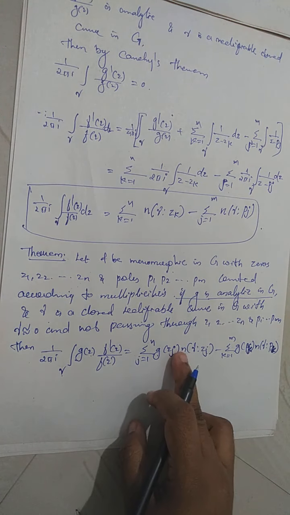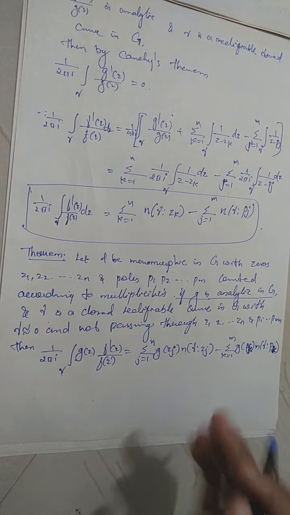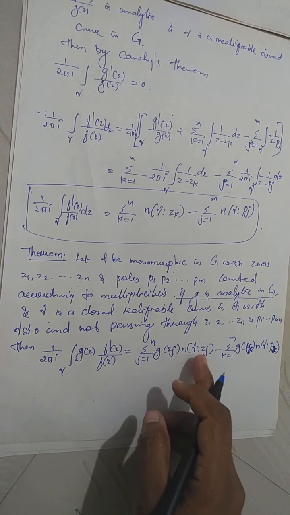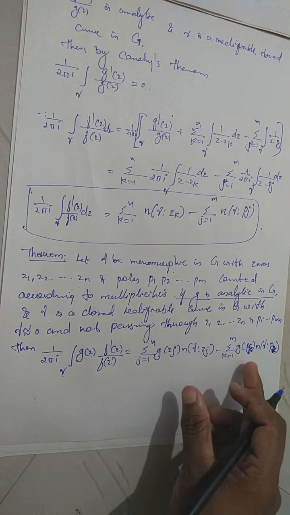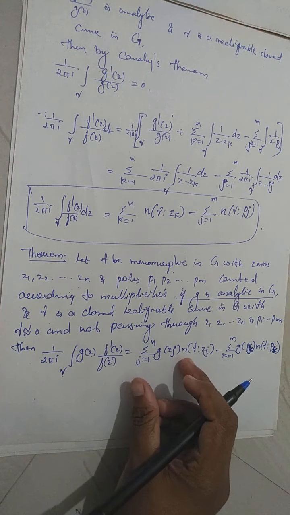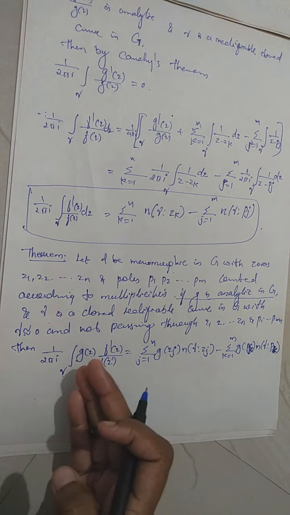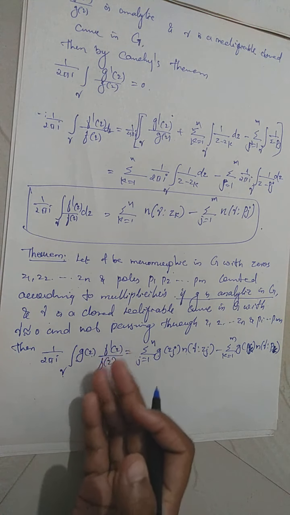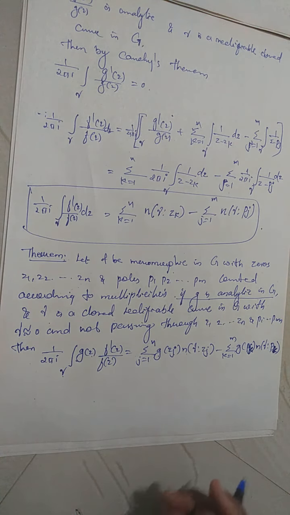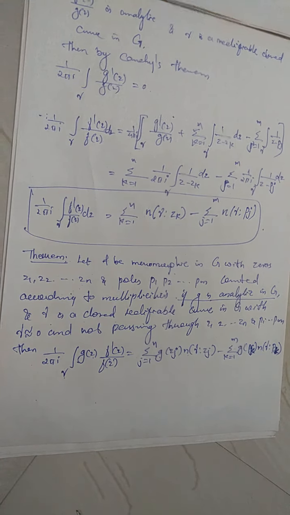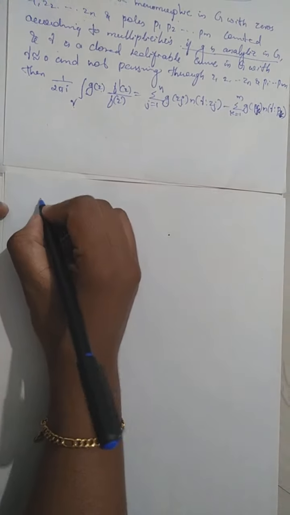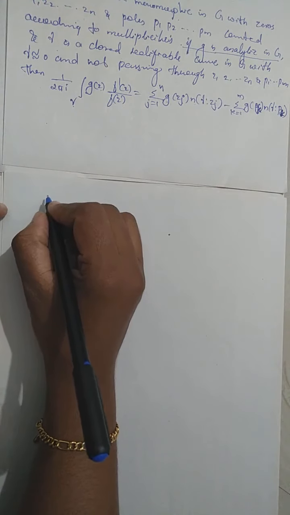Then you find, similarly as in the argument principle, the index corresponding to each zero and the index corresponding to each pole. Then you can take the sum and difference to find out this kind of integral. Okay, how will you prove this result? It is very easy to prove by the argument principle, because as in the above proof, we have